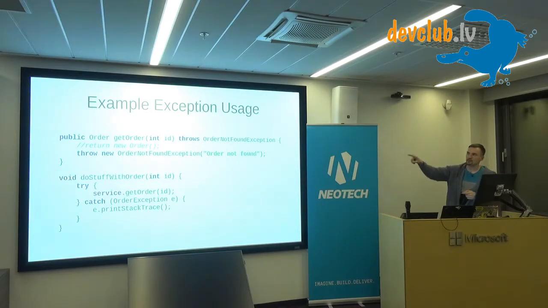And for instance, if you want to use this method outside of the intended package, this is a public method, so you would normally put it in a service, and then in some other package you would want to do stuff with orders. So when you use it, you would either have to declare that it throws OrderNotFoundException, because that might happen, or you can try-catch it. But if you notice, you can only catch the OrderException. You cannot do custom logic based on what exception the order service threw, because that is not your business. How does order functionality work? If you're outside of the package, you shouldn't care.